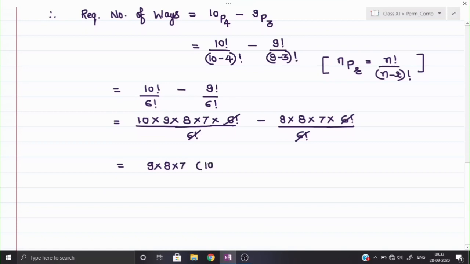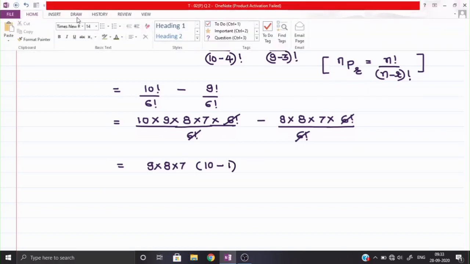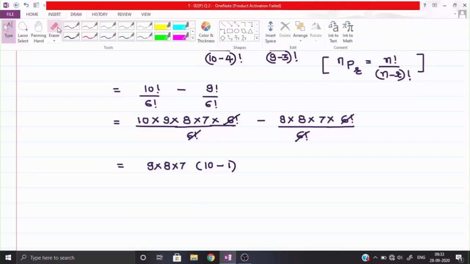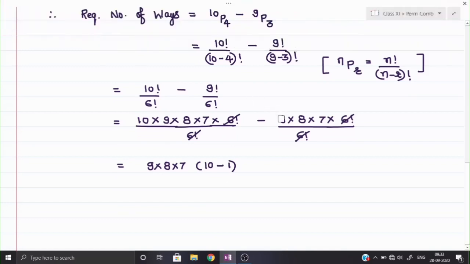So remaining is here 10 minus 9. This is not 8, mistakenly it is looking like 8 over there, so I will make it correct. When you see the notes you will get confused. By mistake it is looking like an 8, this is actually 9. Okay, one minute. Right, now it will remain 9